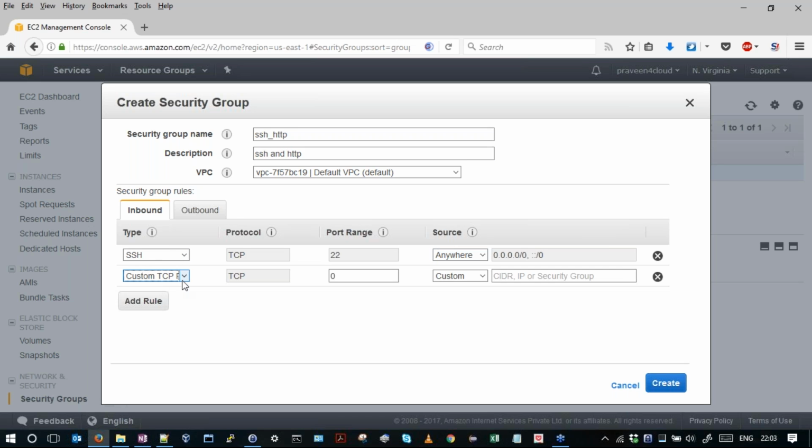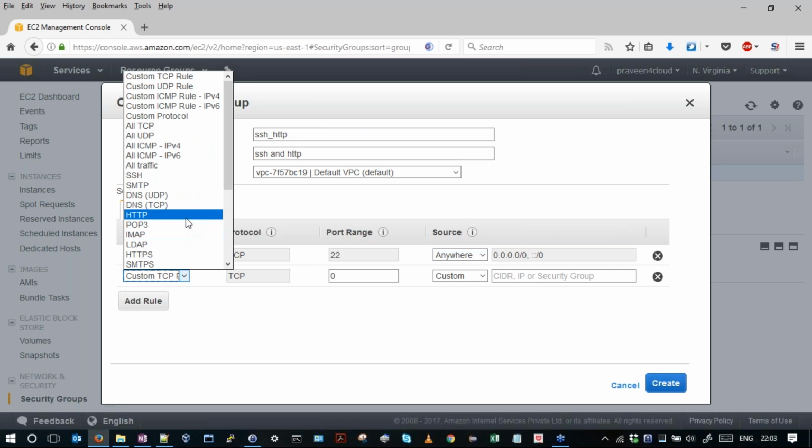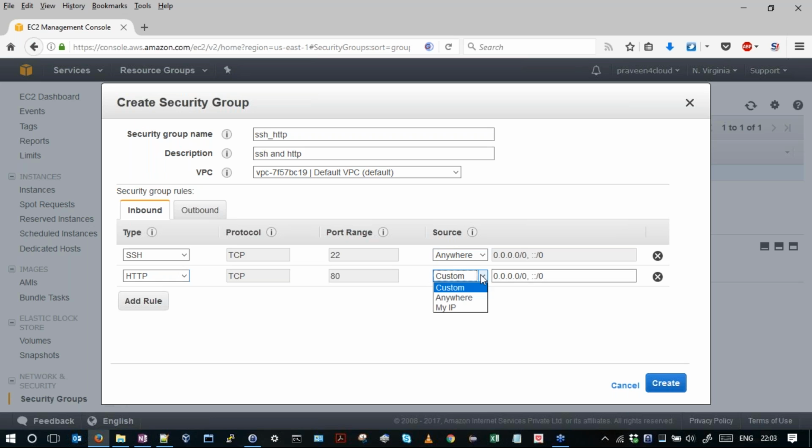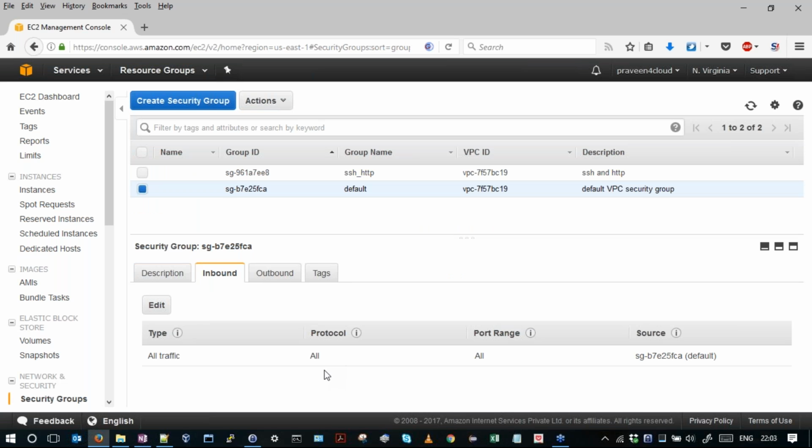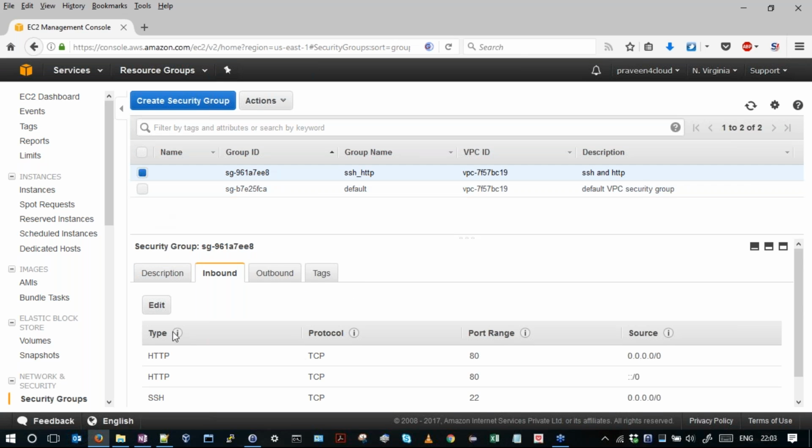Then I'll add another rule, HTTP, anywhere. That's it. In the firewall we are making two changes. So we'll say create. This has created a simple security group, and we can see that we have opened up port 22 and 80.